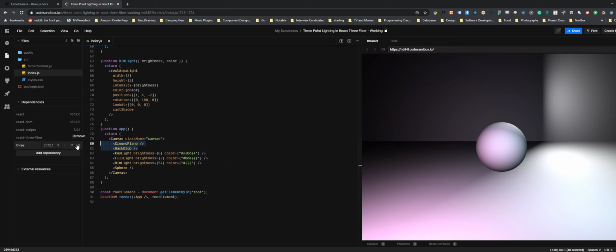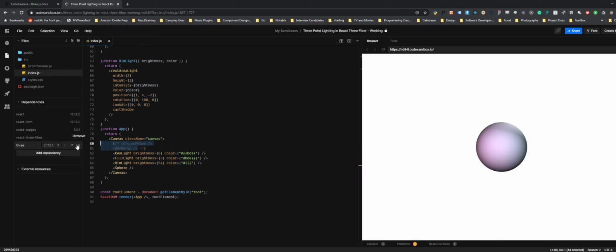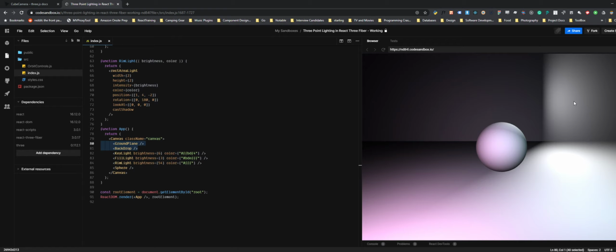I can show you what happens if we take that out. There, we're just left with our sphere. So you can kind of see what the point of those are, just to give our scene more of a 3D feel and show a little bit better the position of all the lights. So we have those, and then we have our three lights, a key light, a fill light, and a rim